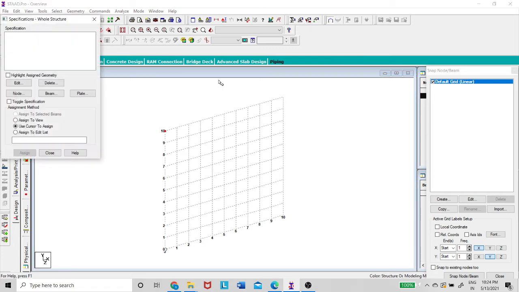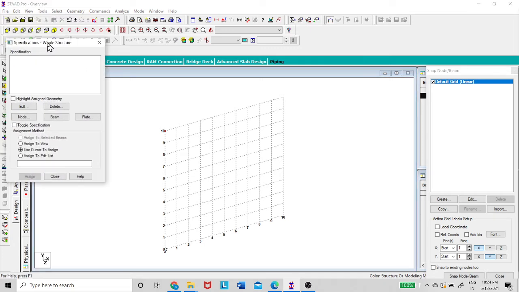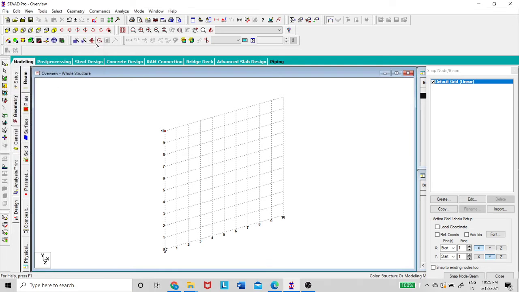There are also some specifications, like if you want to have a member only in compression, that is the compression member. If you want to define a member only in tension, that is the tension member. Sometimes at one end, if you want to release some movement, some axial force, those kinds of specifications we can give here. This is also rarely used.